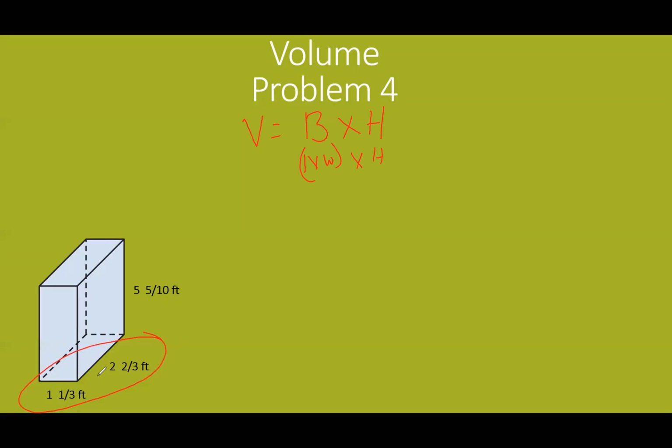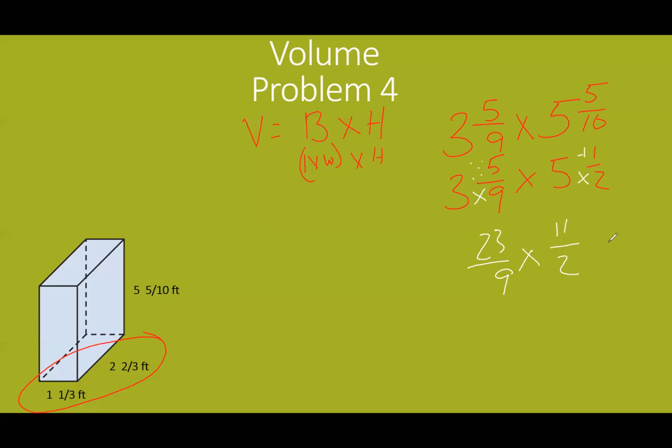1 1/3 times 2 2/3 was 3 5/9. And we need to multiply that by 5 5/10. Or 5 5/10 is 1 1/2, isn't it? Sure it is. So I reduced that to make it a little bit easier for me. Okay, 3 times 9 is 27, plus 5, 32. Actually, 3 times 9 is 18, 19, 20, 21, 22, 23. 23/9 times